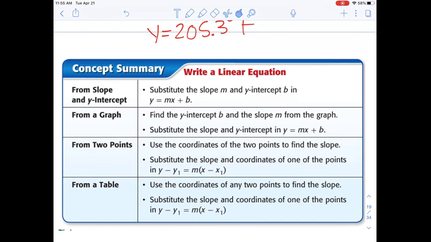And then this chart here would be really good to have in your notes. It just tells you how to write a linear equation. So if you're given a slope and y-intercept, you just plug them into the equation. If you have a graph, find the slope and the y-intercept, put them into the equation. If you're given 2 points, use point-slope form. And if you're given a table, you're again going to use point